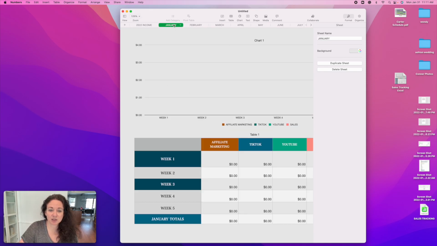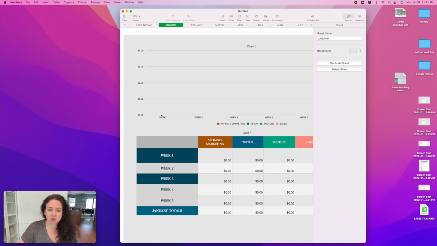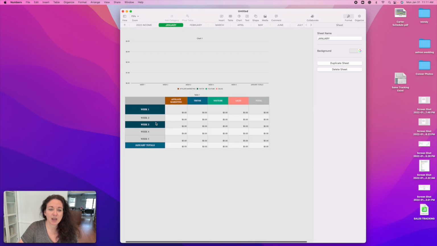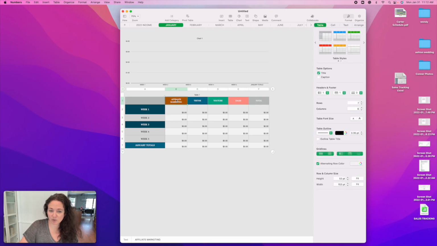So we're going to go into January, and obviously I'm just pinching to zoom so you can get bigger or smaller. And if you don't have all of these forms, then you can delete them or just leave them blank. You can change them. So if I go in here and click on this and then double click,